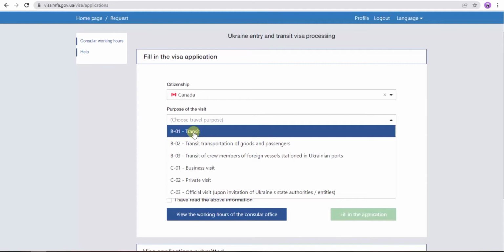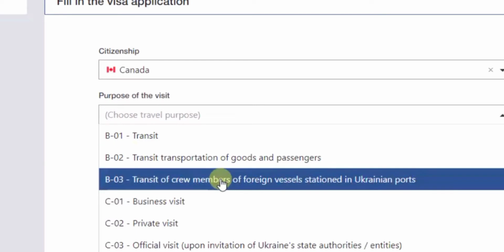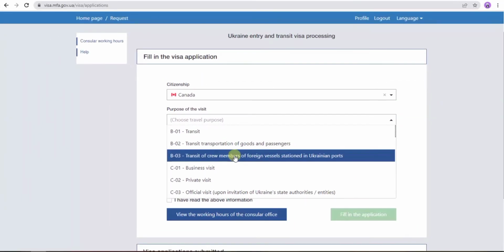transit visa. In the transit visa, mostly the applicants do this on their own, and they don't require any kind of immigration assistance. It's a very simple process. It does not require lots of documents. It's very easy to do. There are three variants in transit visa. The transit visa for sea transport people, like cabin crew members, like navy purposes,